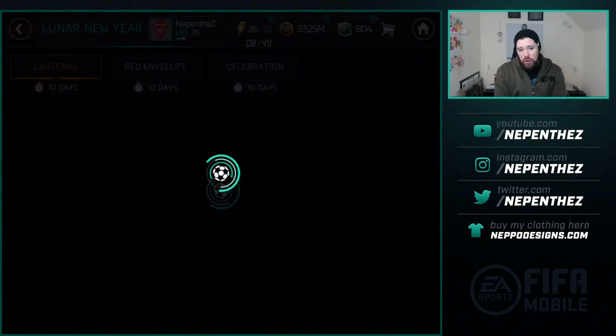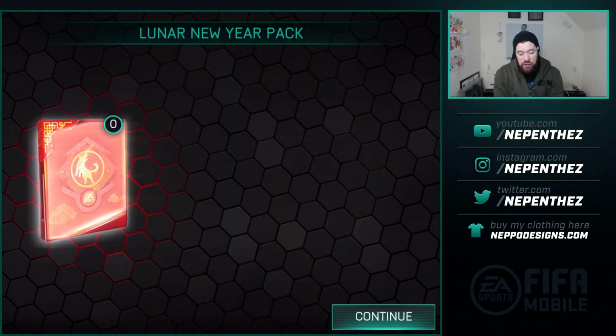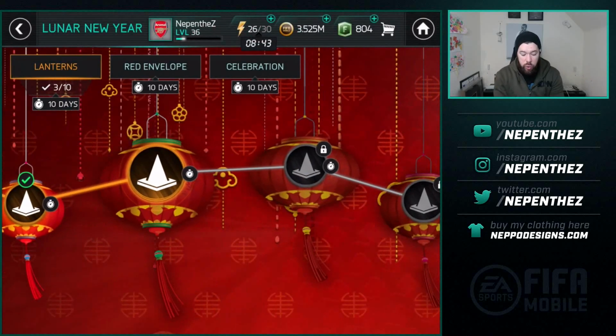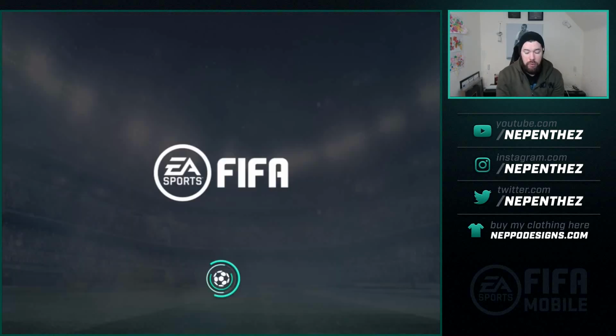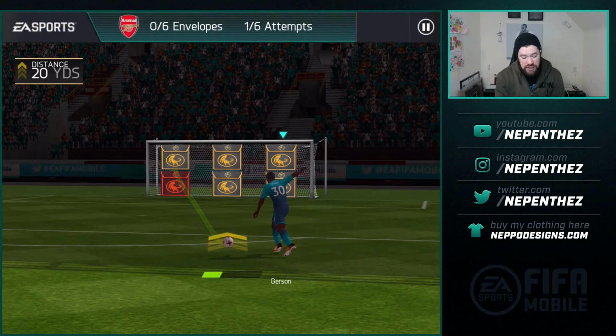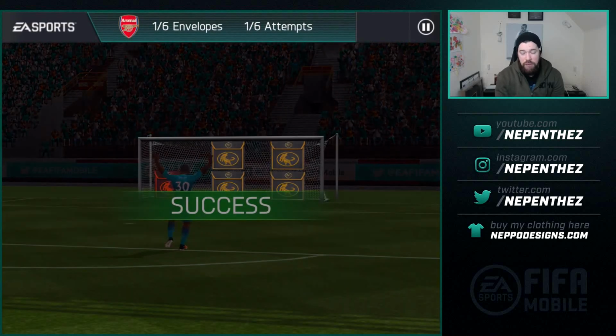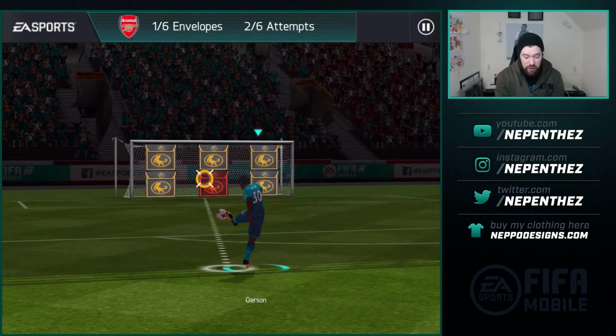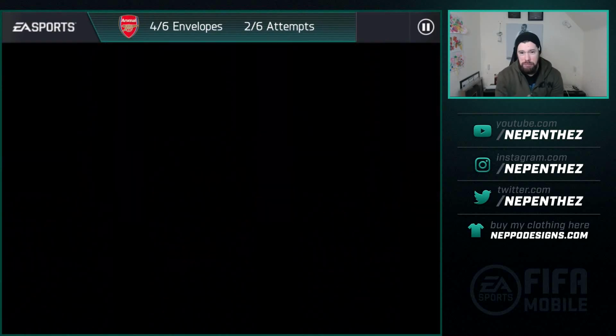That now gives us 1 Lunar point and 1 red envelope, and you go and play through the whole lot. The skill games, as I say, they are generally quite easy. So skill game 3 here gives us another red envelope, and the red envelope, you need 6 envelopes, the red envelope is worth 3. I actually missed that red envelope there, so obviously it's nice to hit the red envelope because it just accelerates the process